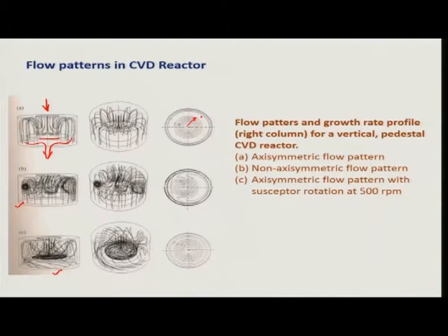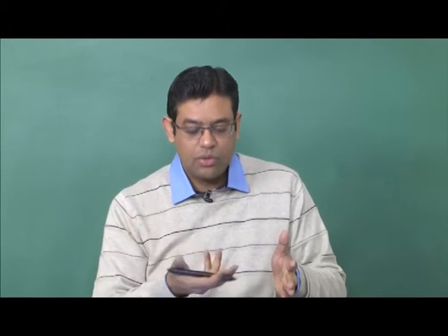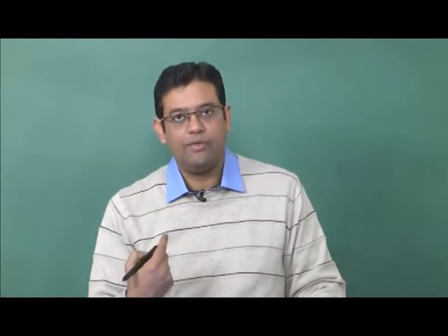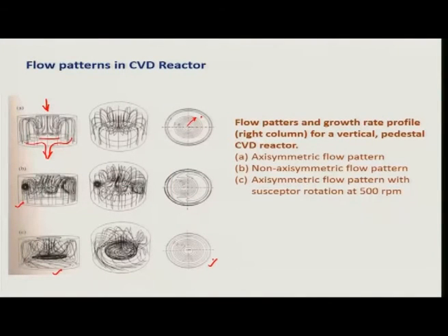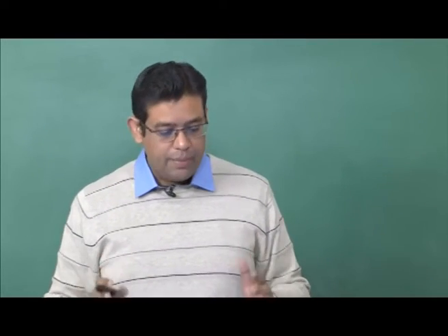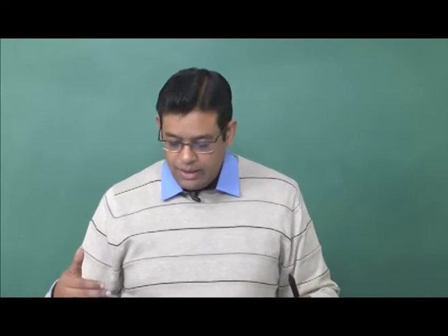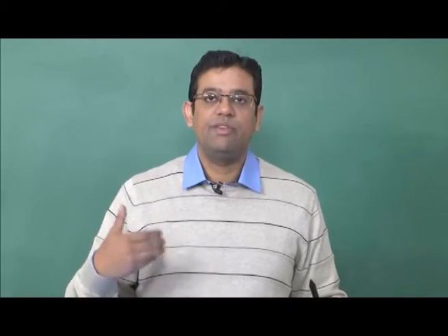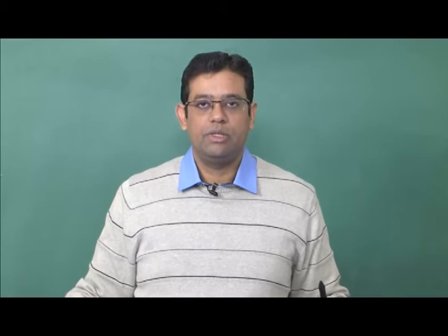In this case, the gases are coming straight down and the substrate holder is rotating. So, you have both vertical and peripheral flow of the gases, which results in more uniform deposition of the thin films. Okay. So, all these parameters are important to design a CVD reactor from the point of view of flow of gases. Okay. We will stop here, and in the next lecture we will look at how the gas flows define the uniformity of the thin film being deposited. Thank you.